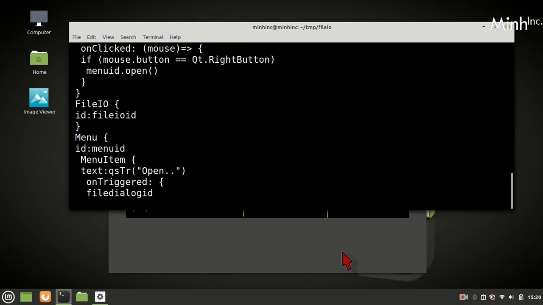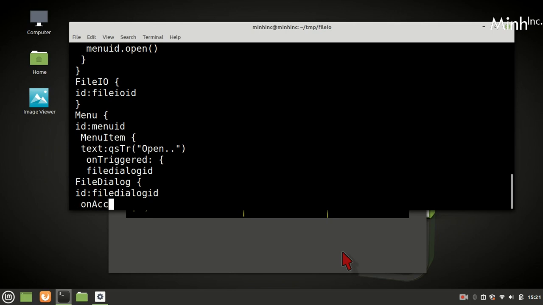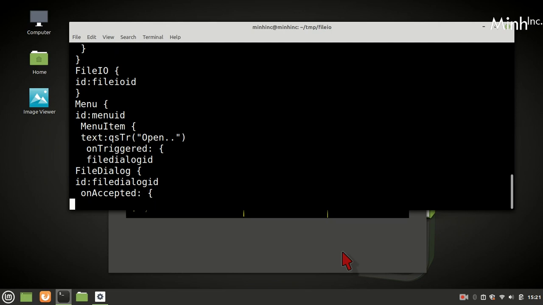I think it's better that if we really write it, file dialog ID is file dialog ID, and on accepted, text area ID dot text equal to file IO ID dot read.